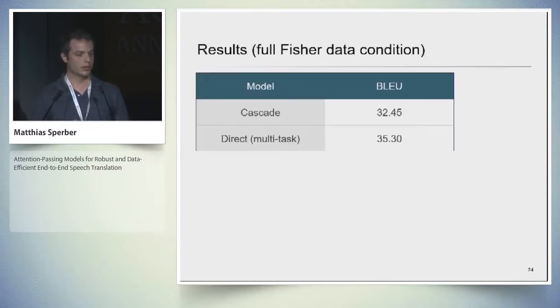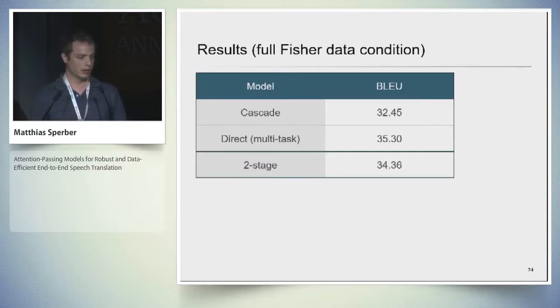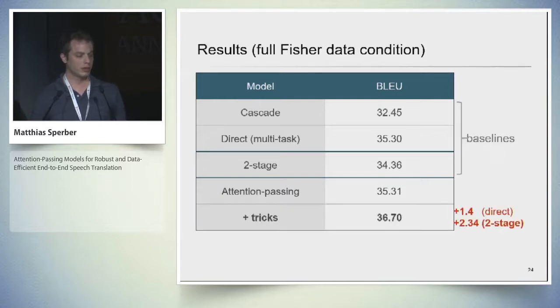So looking at the full data condition, this is again what we saw before. The direct model is doing quite a bit better than the cascade. The two-stage model from prior work is falling in between, which probably makes sense because compared to the cascade, it's adding end-to-end trainability. Compared to the direct model, though, it suffers from error propagation. So these are the baselines, and we can see that the attention passing model, especially after adding the refinements, does